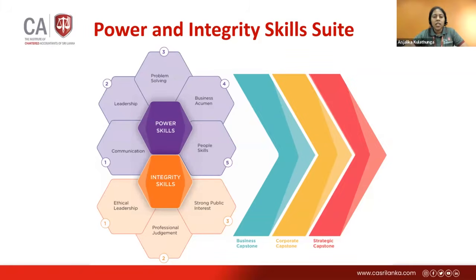So the delivery method of this power and integrity skill suite is via the CS Sri Lanka LMS as video lectures. So we will be providing materials, video lectures, and also the PowerPoint presentation materials for our students to study.